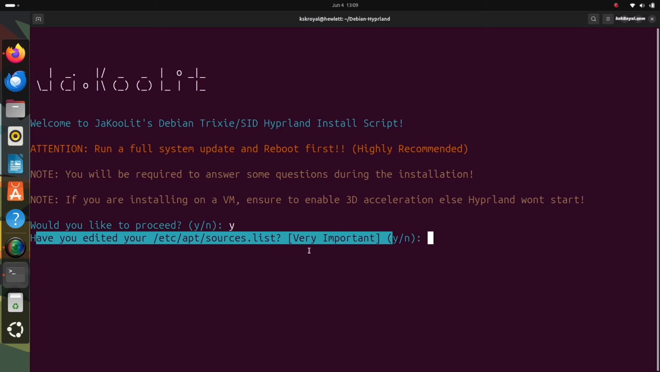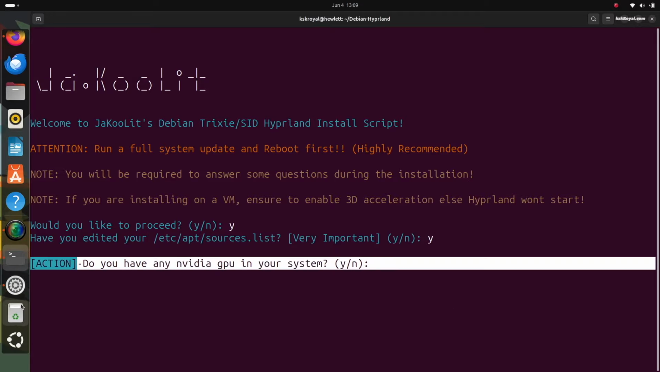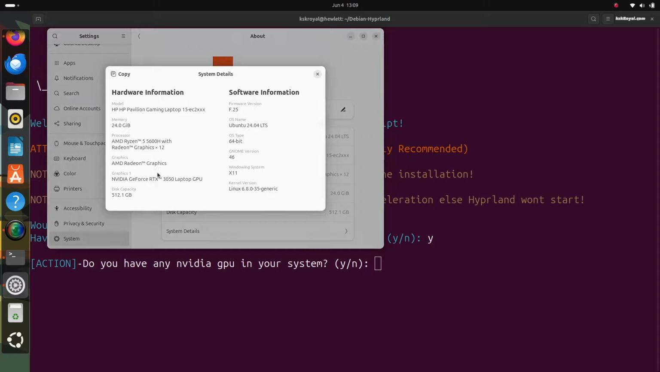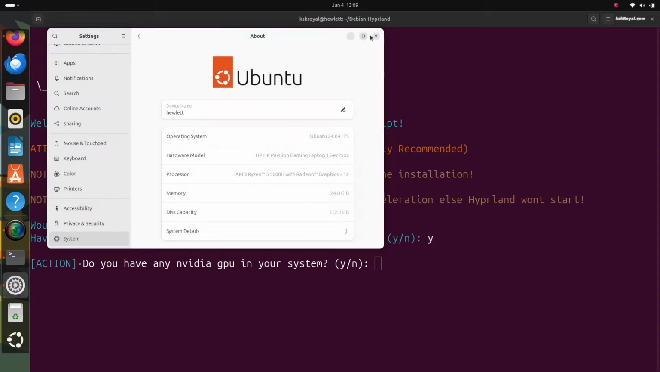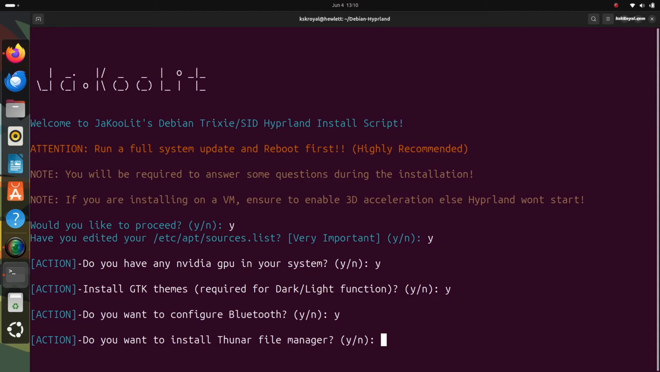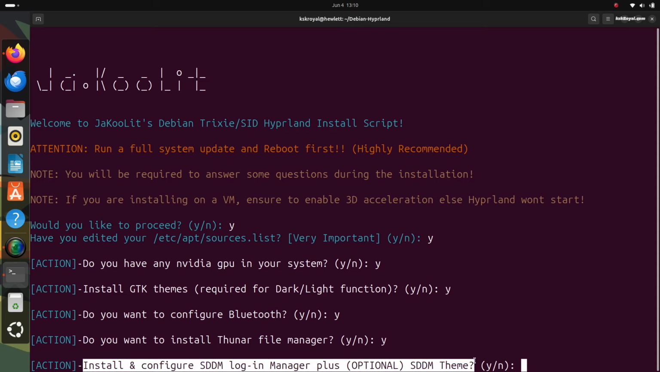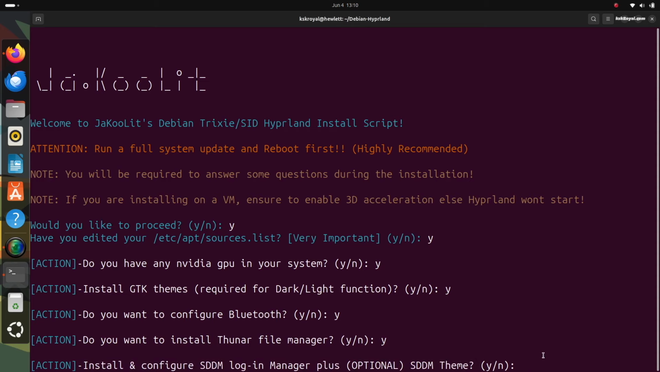With Ubuntu 24.04 LTS, you don't need to edit any apt source list. Simply type Y to continue. If you have an NVIDIA GPU, type Y, otherwise choose No. Then proceed to install GTK themes, the file manager, and configure Bluetooth. Since Ubuntu comes with the GNOME display manager, which can be used to launch a HyprLand session, simply type N